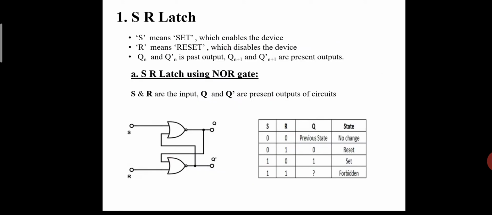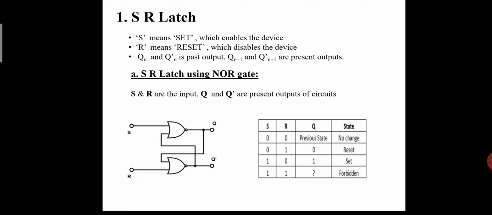So the first concept in a sequential circuit is the latch. We explained that adding a memory unit to a combinational circuit will make it sequential, so how to store those past outputs in the circuit can be achieved by using this latch. So latch is nothing but a lock. We are going to lock some zeros and ones, the previous states, inside a circuit. That is possible with the SR latch.